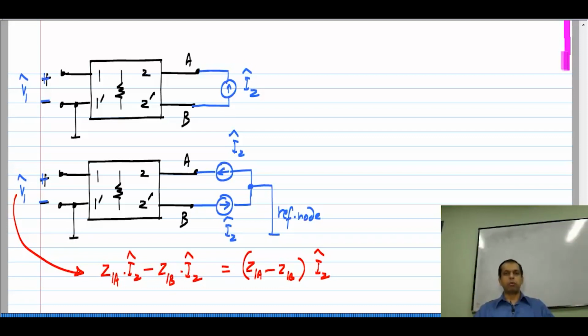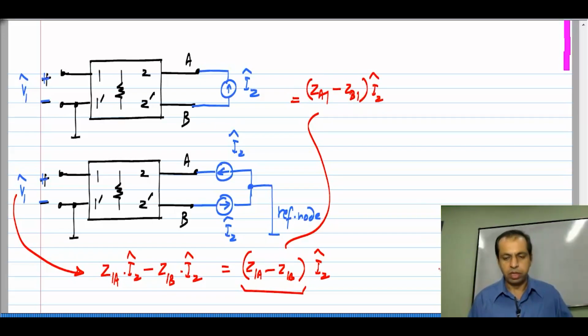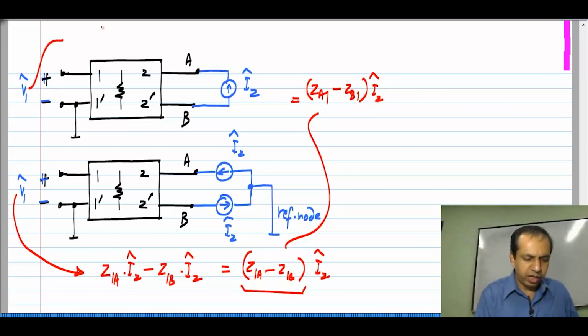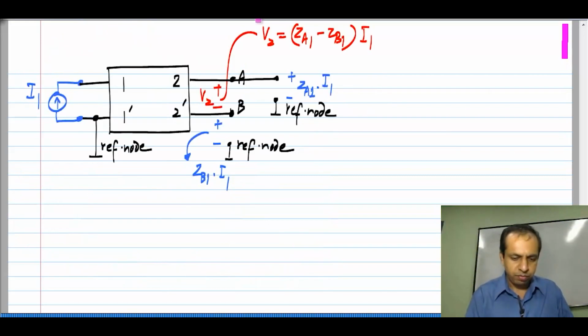Now, I also know that port 1 and port A form a reciprocal 2 port, port 1 and port B form a reciprocal 2 port. So, this is nothing but the same as ZA1 minus ZB1 times I2 hat. So, the voltage that is developed here, V1 hat, is the same as ZA1 minus ZB1 times I2 hat. I think you are already able to see the reciprocity here, but just for completeness,